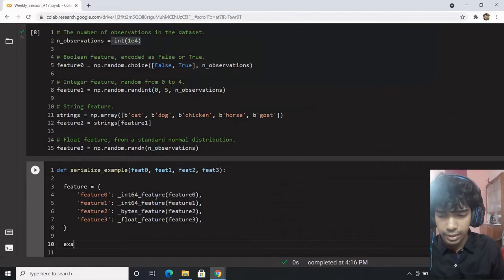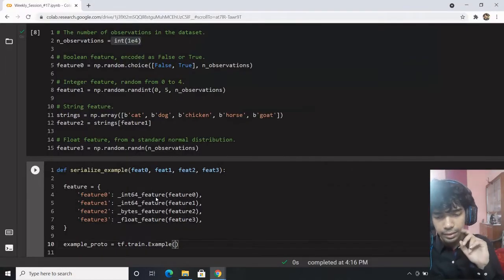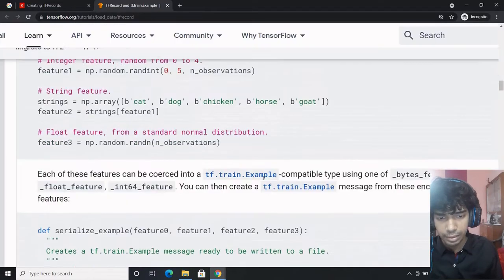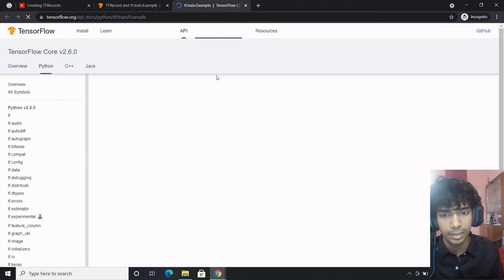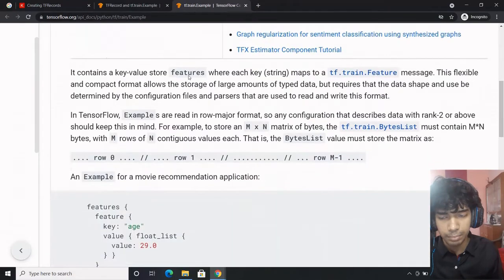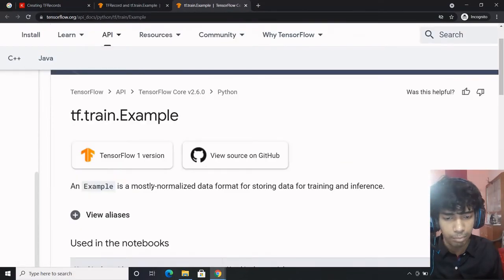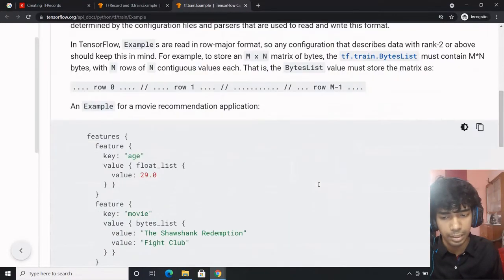Apart from this, we have example proto, which would be equal to tf train example. So how do you use tf train example? TF train example is mostly a normalized data format for storing data for training and inference.